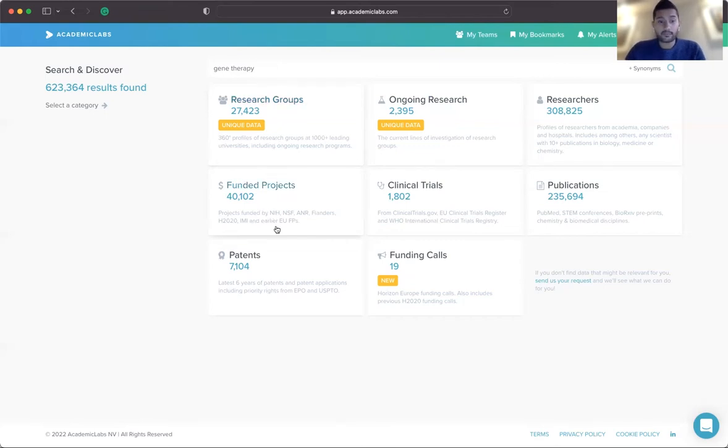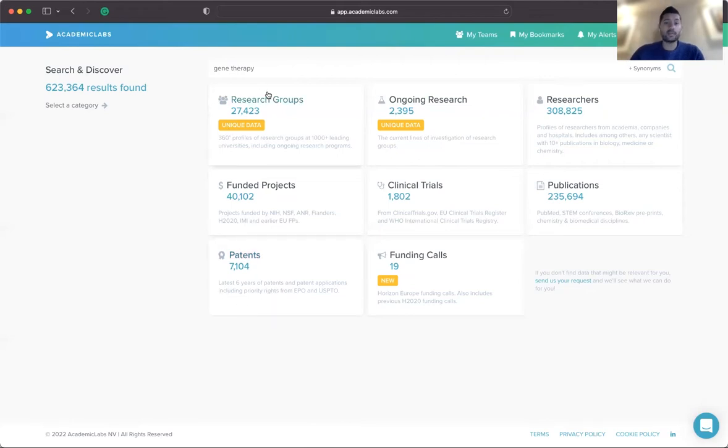So all that information and projects from these databases are linked to the research group profiles. Similarly, we link all the clinical trial databases to the profiles. We also link the publications databases such as PubMed, bioRxiv, chemistry, medical discipline papers, all the papers citing PubMed and so on to the research groups as well. Same thing we do for the patents from EU and USPTO since 2015 onwards.